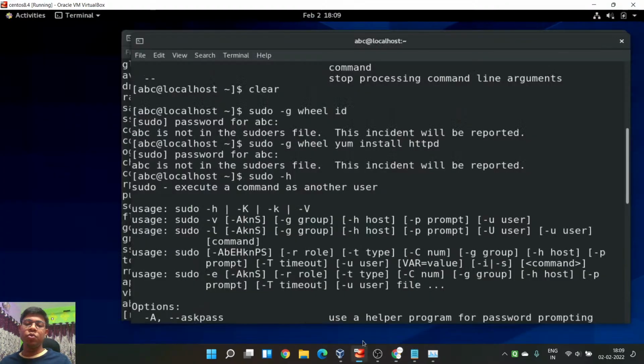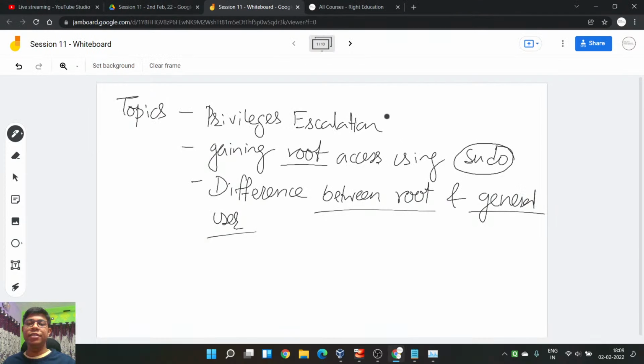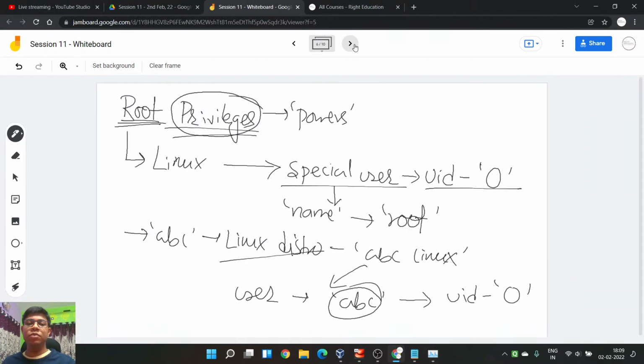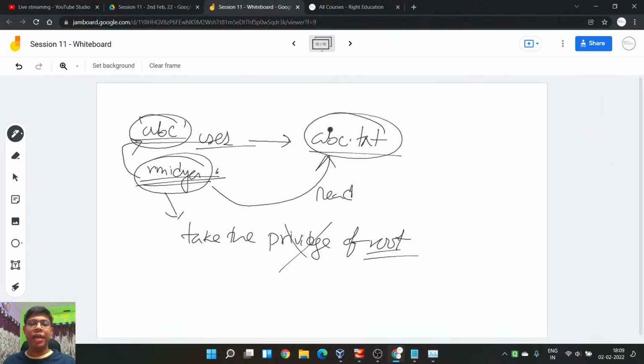One of the powers I showed you: if abc user created one file, that is the thing we did just now. So abc user created this file abc.txt. This user cannot read this file. That's why it needs the sudo power. So every user has their own limitations. Whenever you see permission denied, that means definitely there are limitations. And as soon as you see permission denied, you will do a Google search and you will understand why permission denied comes. That is how you will learn actually.